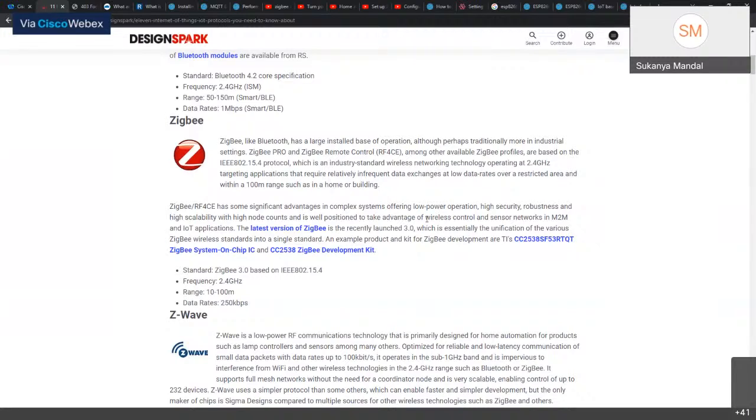Okay, and you are not collecting a massive amount of data. So in that case, we could definitely use Zigbee. One thing to remember is Zigbee is relatively useful for infrequent data exchange at low data rates. Then Zigbee or RF4CE